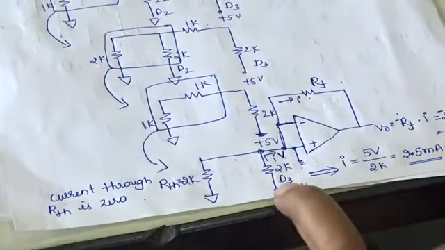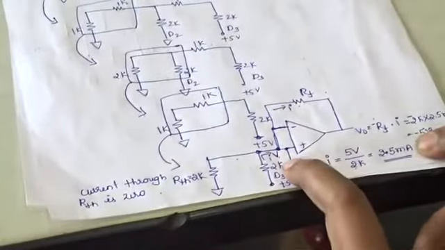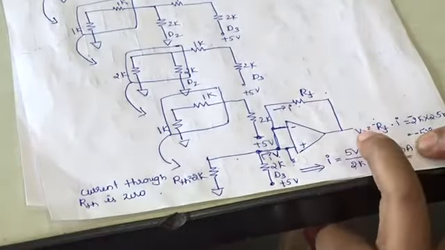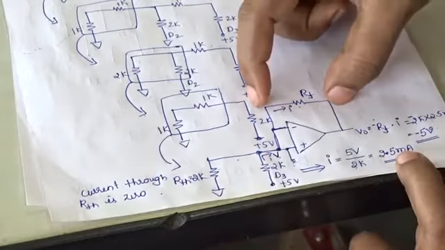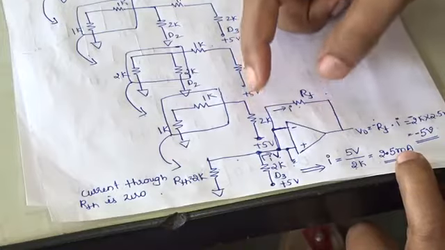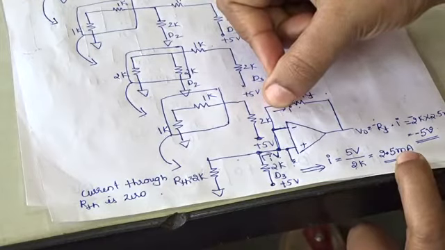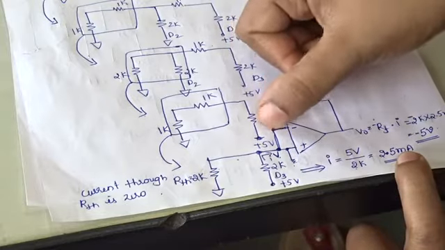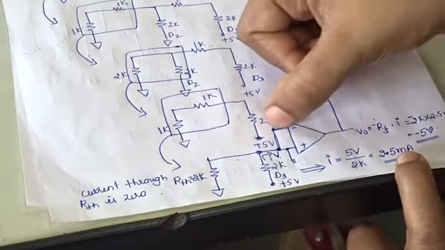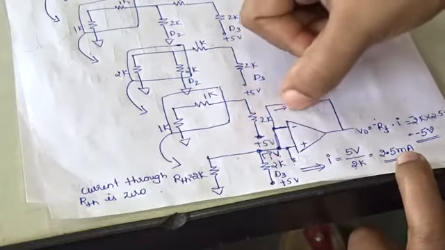Again, to this 2K we are providing the input D3. Then from there you have a feedback, that is RF, and the non-inverting terminal is grounded. So the output voltage of the inverting amplifier is nothing but the voltage across the feedback resistor RF. To find the output voltage across RF, we need to find the current flowing. Since the non-inverting terminal is grounded here, the potential at the inverting terminal is also 0, so no current flows into the inverting terminal. Whatever current flows in the R2R network, the entire current flows to your feedback circuit.